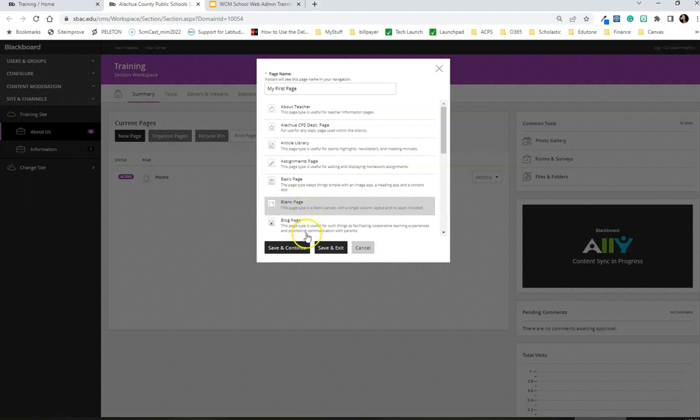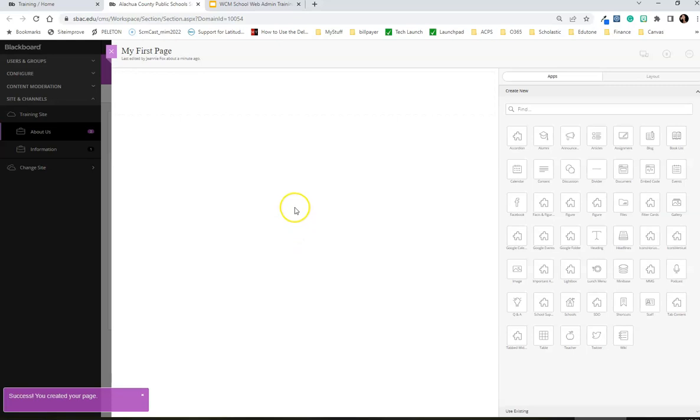The blank page option allows you to build the apps on the page rather than loading it with a pre-configured layout and apps. Click Save and Continue. This new page will open in the page editor. Exploring this window, look for the page name and the last edit information,